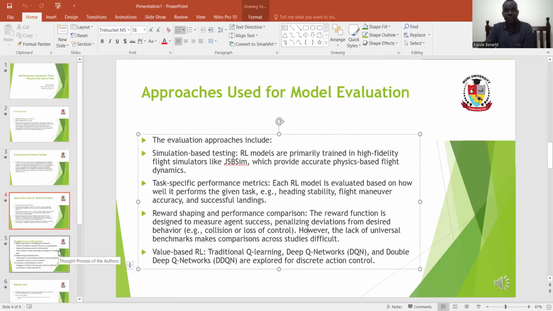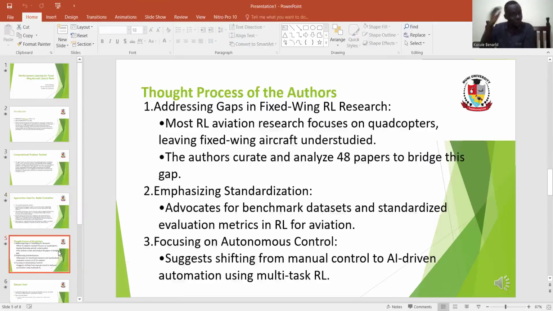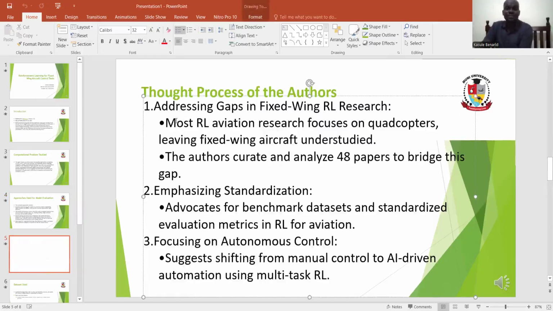So those are the evaluation metrics or evaluation models that were employed. So what were the researchers and the writers all about? What were they thinking about? To address gaps, addressing gaps in fixed wing